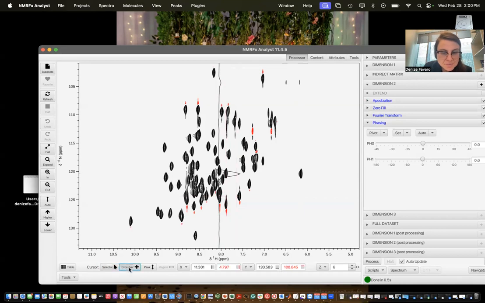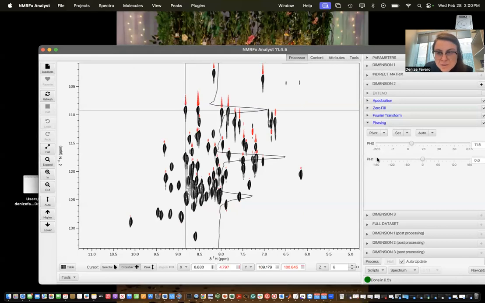Let's put our crosshair here, for example. Yeah, I see we can try tweaking this a little bit and see if that actually changes anything. Yeah, so we start having issues. It's probably much better just to leave it. I see I'm having issues if I change this. So I'm just going to come back to 0, 0 again. I prefer to leave a little bit of phase. It's not perfect, but